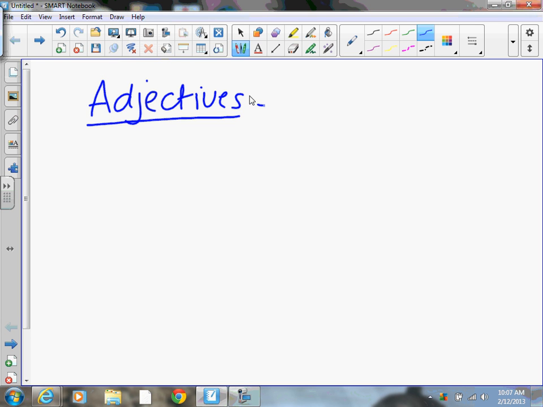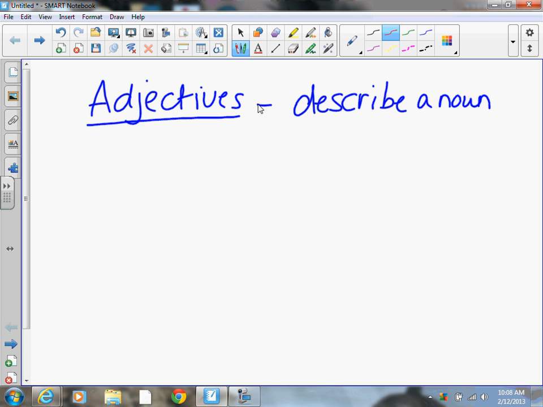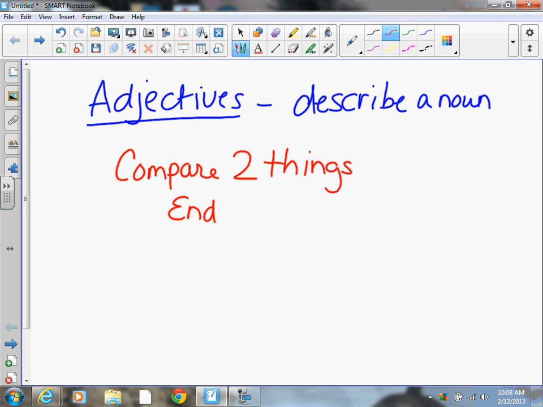Adjectives, they still describe a noun. Okay, but they can compare two things. And when they compare those two things, it ends in R. Okay? And our example was,